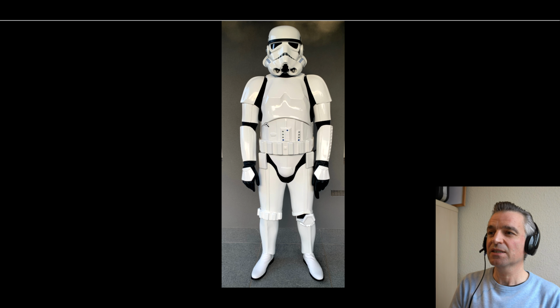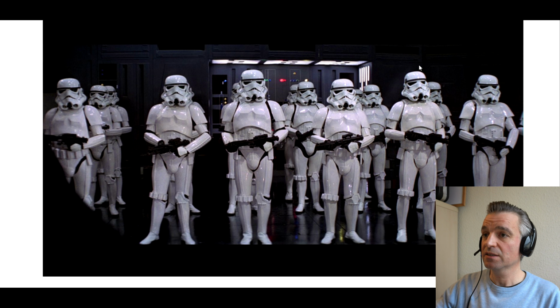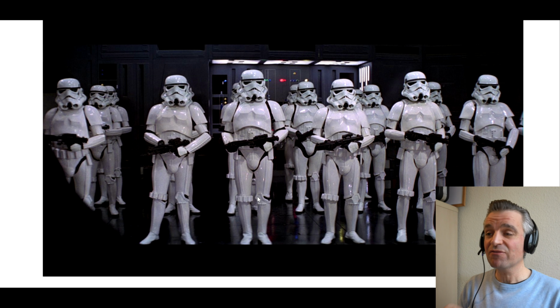If you are a bigger guy, certainly, even being my size, I go for RS Prop Masters. I don't know that it's going to make such a difference in money. All I can say is, especially if you're a bigger guy, go with the bigger armour. You have to bear in mind, these guys are going to be between 5'7" and 5'10". The tall ones maybe like 5'10", and they just look great in the larger armour. Maybe want to consider, if you haven't bought your armour yet,